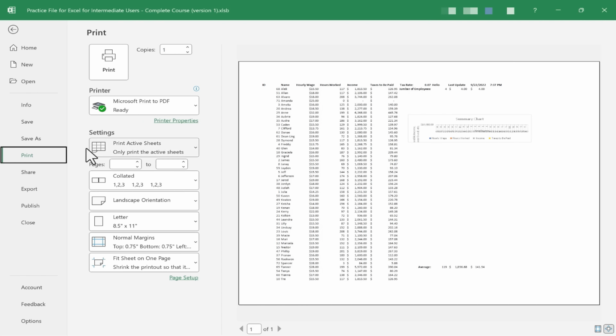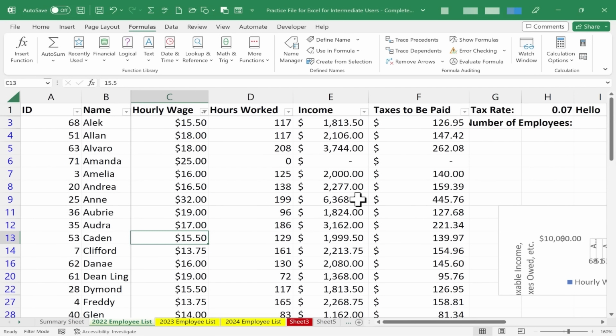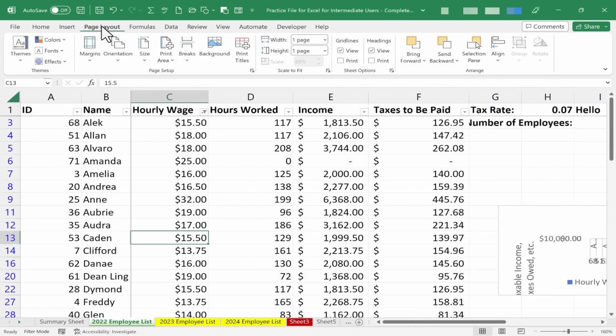But there are times when you do this and you look at the preview here at the right that you might say to yourself, I don't want to print it this way. I don't want it to look the way it looks here. So what can you do about that? One thing you could do is go into your workbook and go to the Page Layout tab here in the